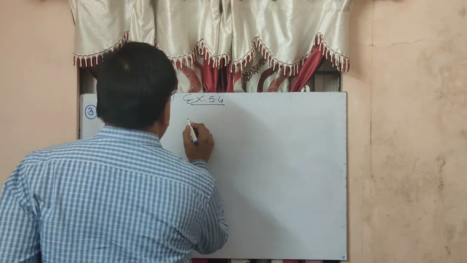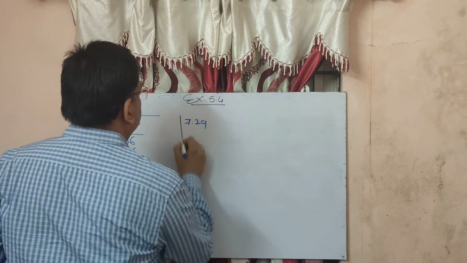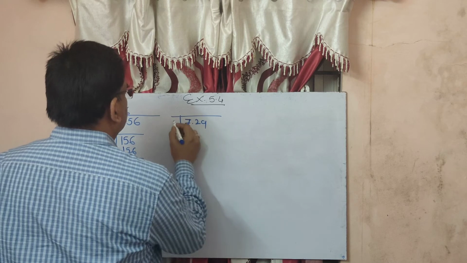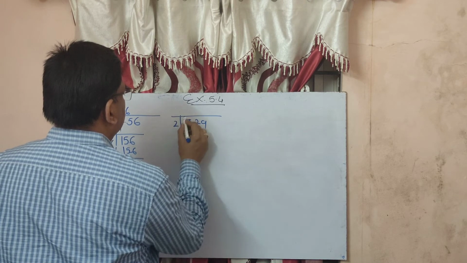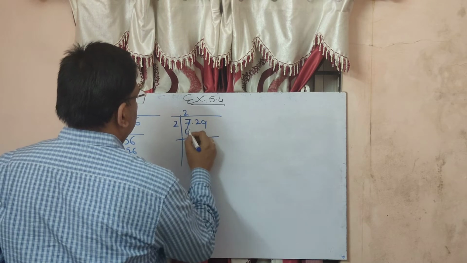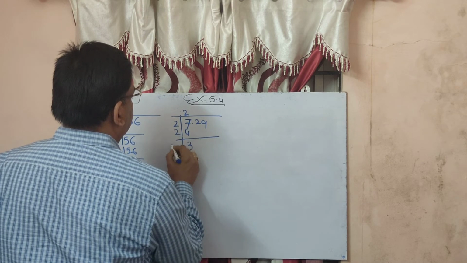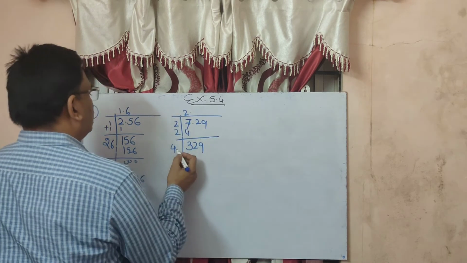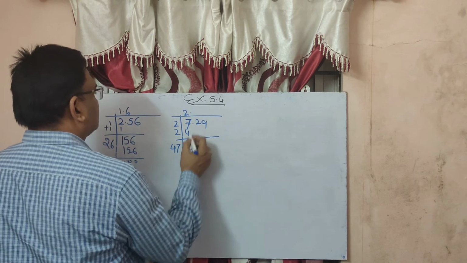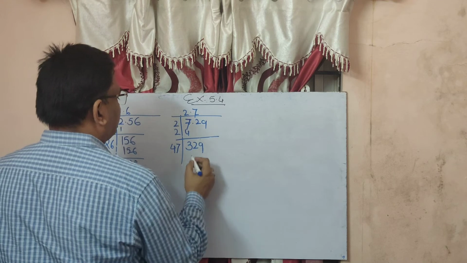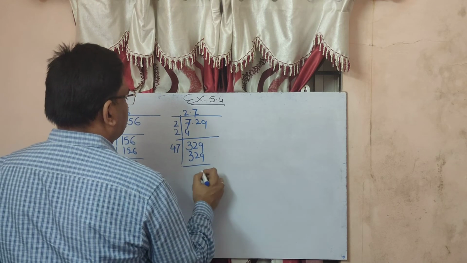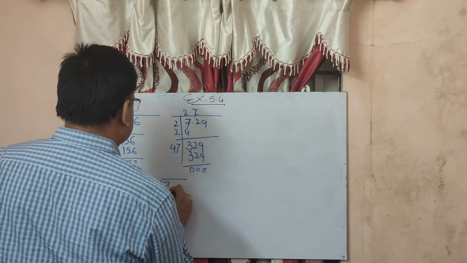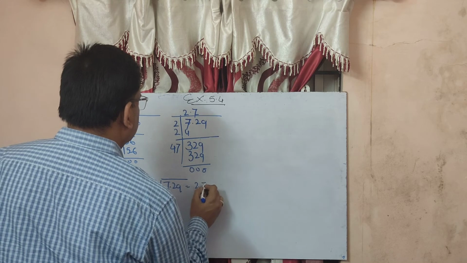7.29. Same method you have to apply. Now again there are three numbers here, 1 or 2. So here 2 2s are 4, 3 3s are 9. So 2 2s are 4. 7 minus 4 is 3. So this is a point here, put point here. 29 as it is. So whatever you are going to write here, write it here. 47. 7 7s are 49. So it is ultimately correct it is. There is no need to think it otherwise. Therefore, square root of 7.29 is 2.7.